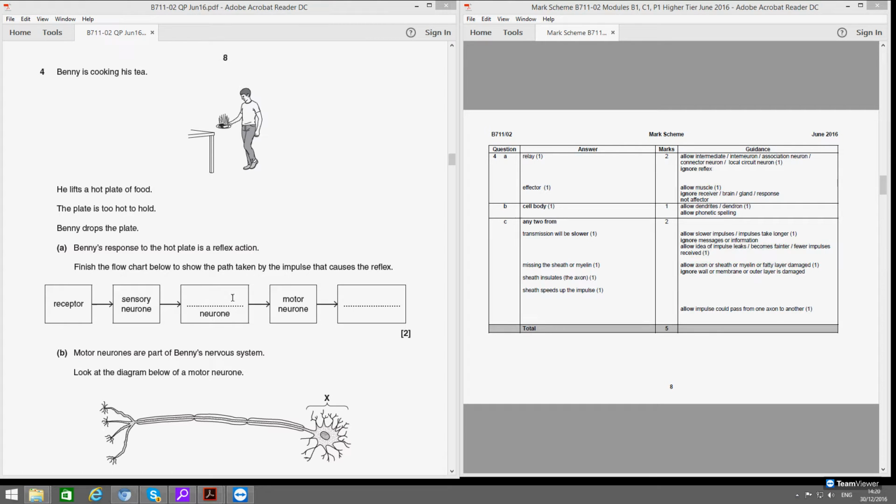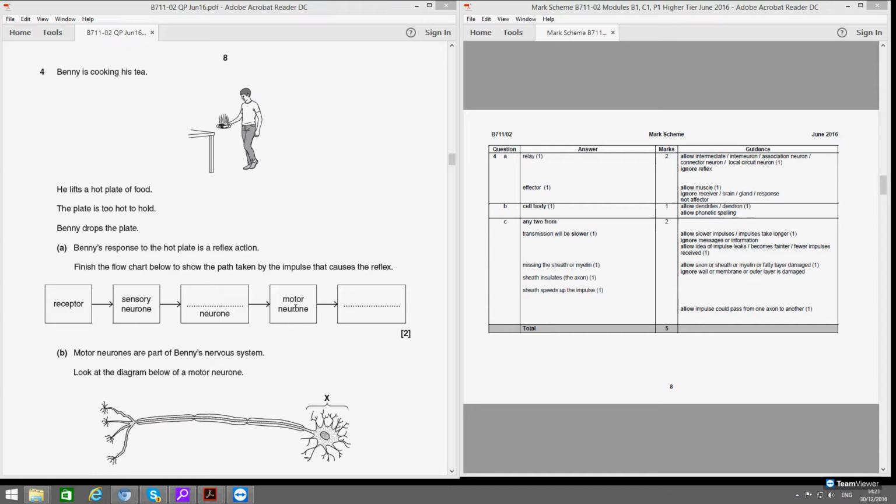Now notice there's no brain involvement here, because you're not sitting there going, I don't know what to do with this boiling hot plate while my skin's blistering and I'm just about to squeal. No, should I drop this or should I not? No, you don't want that. It's a waste of time. You want to drop it as soon as possible, and therefore there's no brain involvement. It's all to do with the spinal cord. And so you don't think about it. It's automatic. That means that the relay neuron is located here, which then shoots the signal down your arm,